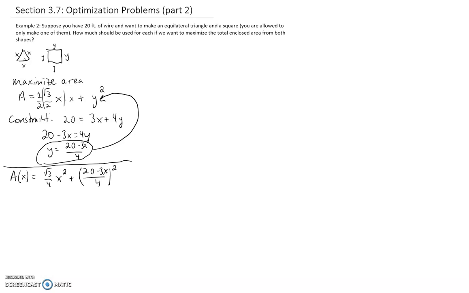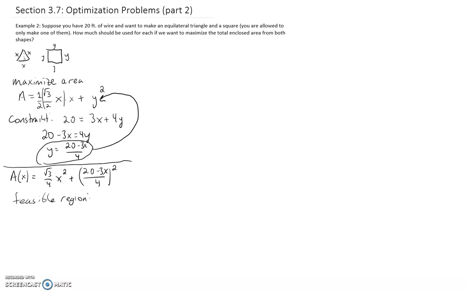So now that we have the area formula, our goal is to try to maximize this formula. And so again, we're looking for absolute maximums, not relative maximums. So if we can create the closed interval that makes sense, create this feasible region, then that will make this very easy. So we'll take a look at what our feasible